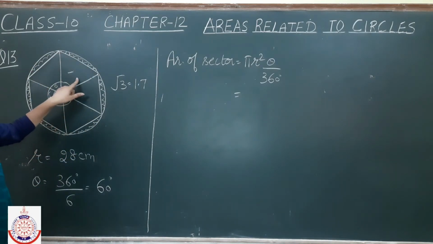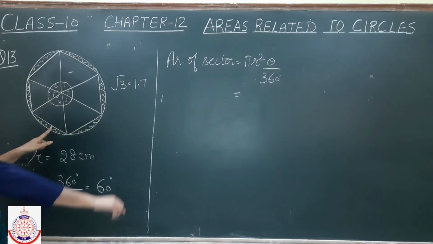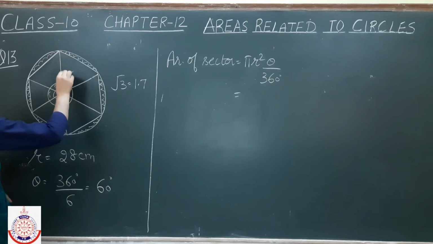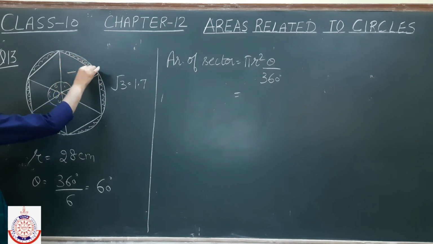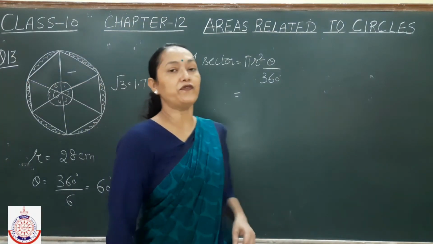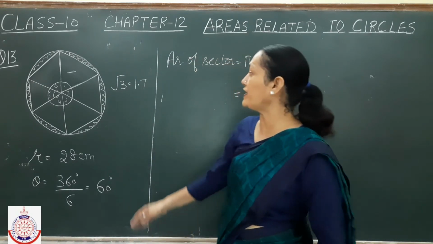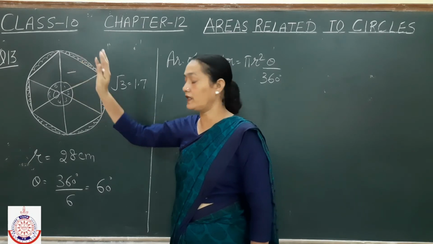What is to be calculated? These designs, the area covered by these designs. And if I draw these radii, what kind of figure am I getting? This is sector minus triangle. This part, means we have to calculate the area of 6 minor segments. For that we need the area of sector and the area of triangle.